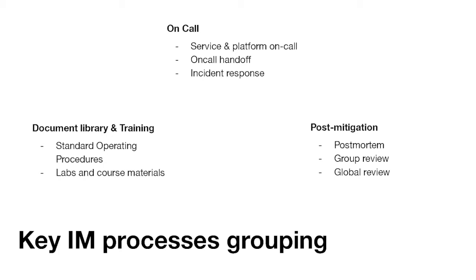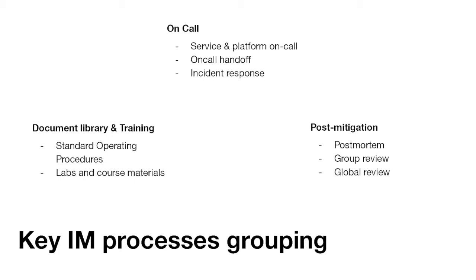The second big category of processes is basically what is expected when you are on call. This involves access management, making sure that the persons going on call have access to all the mitigation tools, and at the same time that the person is completely aware of at least the relevant incident management practices for his or her job. This also means that if some incident happens, how the response will be and what the paths of escalation are, all of those. So being on call and all on-call incident response related processes are clubbed into this one bucket.